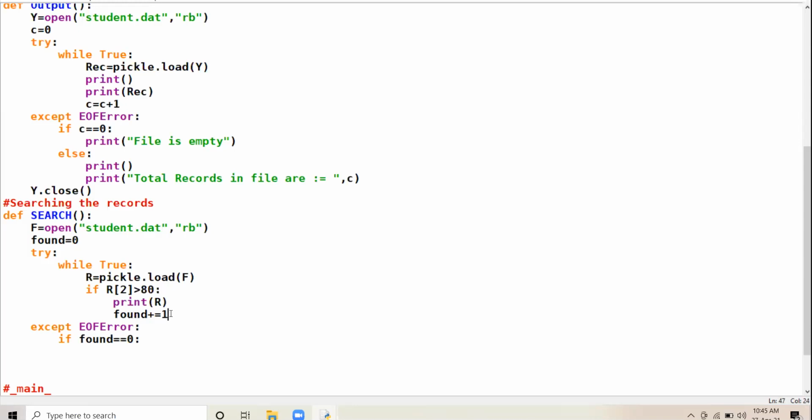If there is no record, found will remain 0. If this condition is true, found will be incremented. If this condition is never true, found will never be incremented, so found stays 0. Then print no record found, else print total records found are found. Clear? And close this file